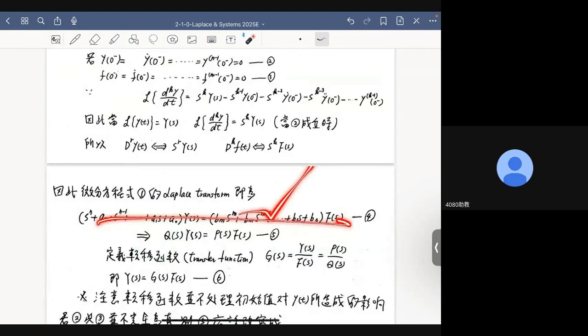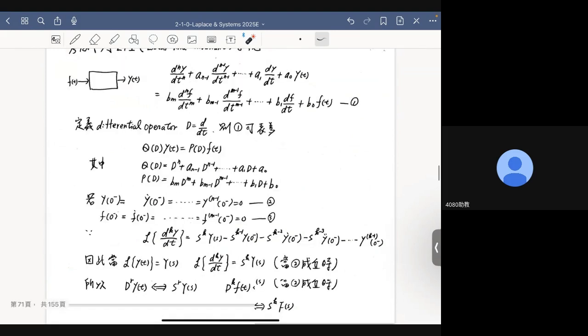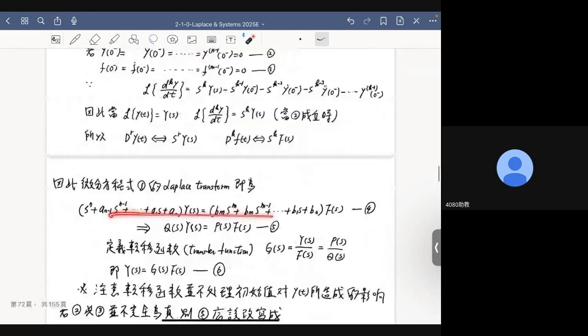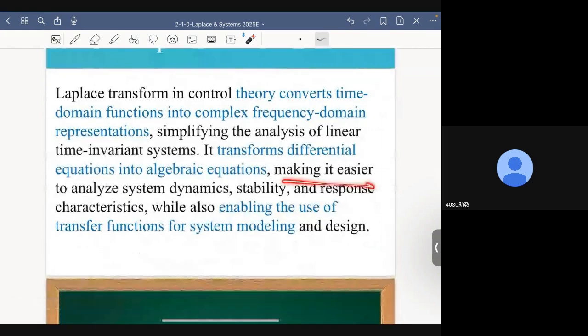You don't see any derivative here. You just don't see any differentiation operation here. It transforms this differential equation into this algebraic equation. All right. So making it easier to analyze system dynamics, stability, and response characteristics, we will study all these properties